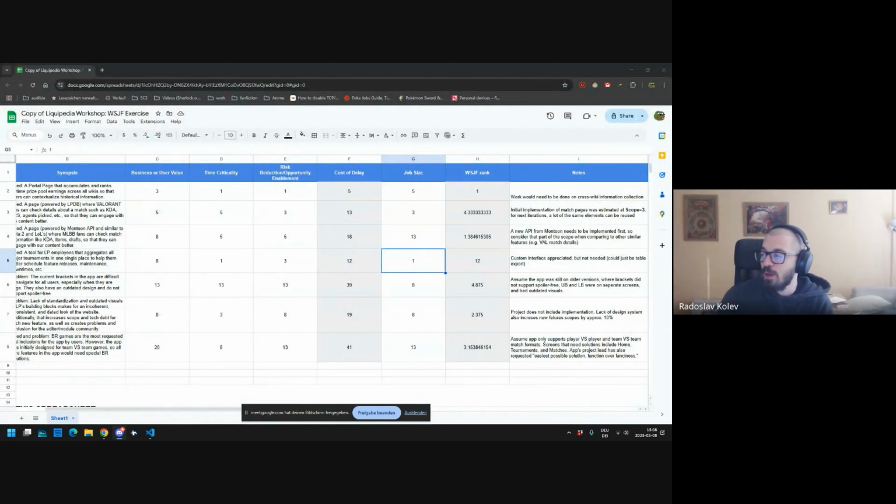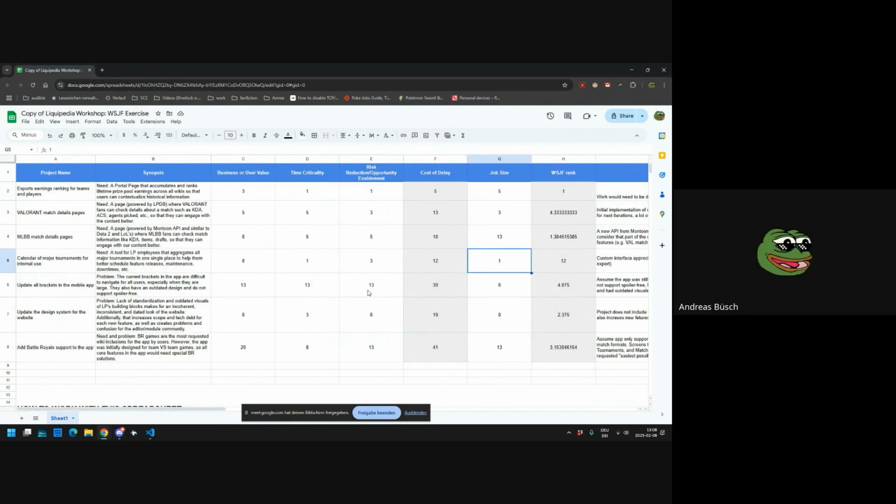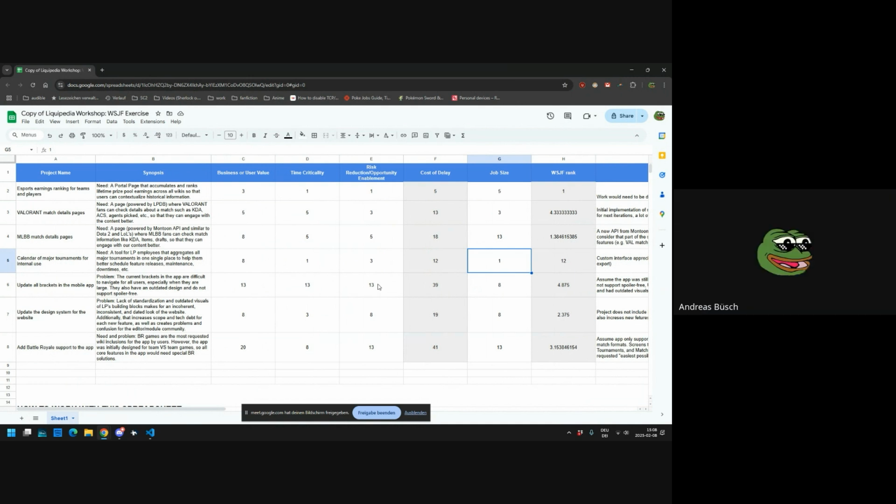Okay, so the LP app brackets is your project. Good. You know what you're doing. Time criticality. Why is your time criticality so high? It's more critical than everything else. Why do you consider this project so critical? Because the others wanted it to be this high. For example, here I would say, okay, but we have functioning brackets, right? I mean, they're shit, but you can still find the information there. It's not something that we have to do in the next month or so, is it? Yeah, I would agree, but